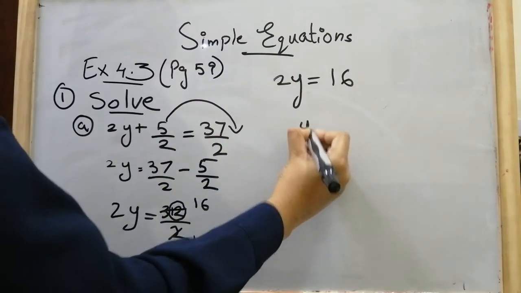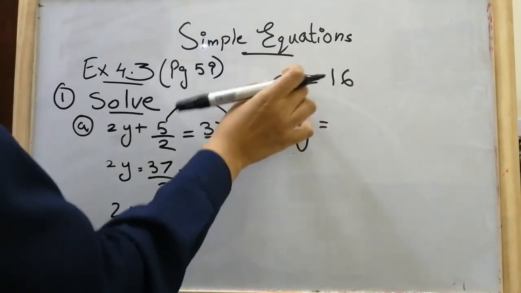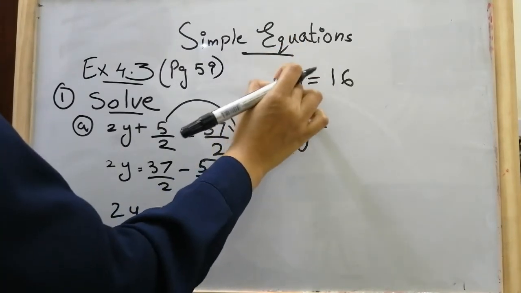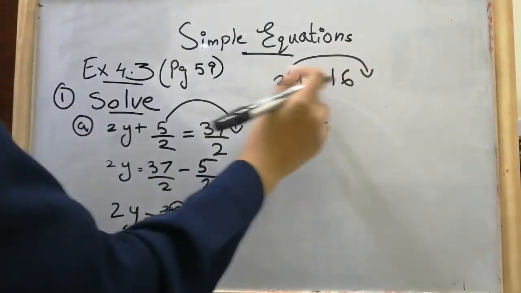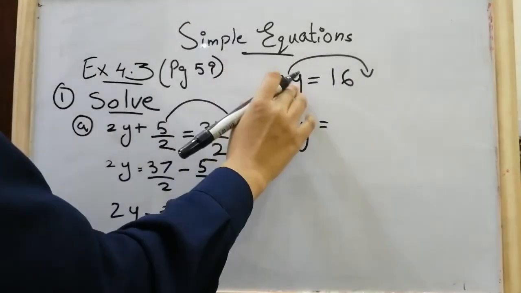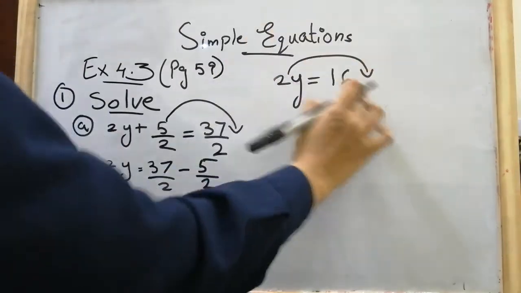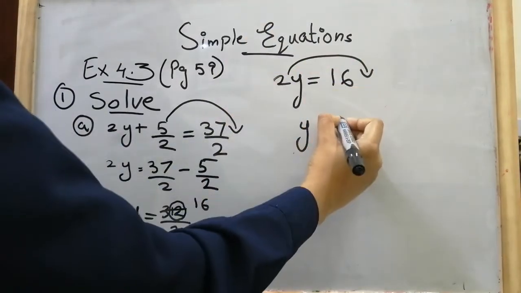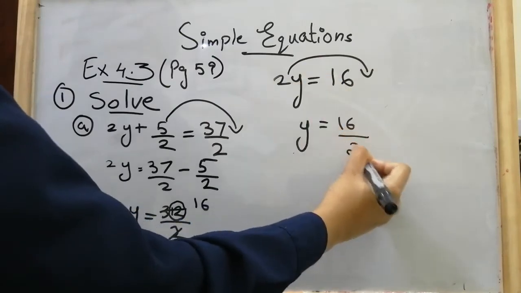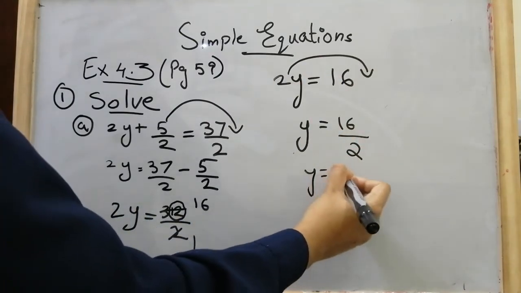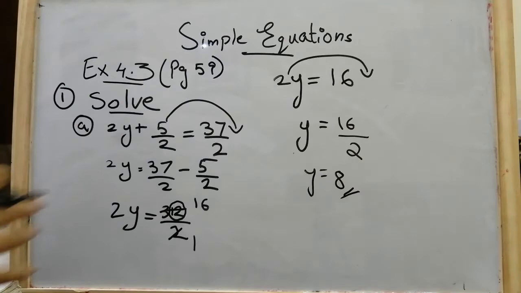Okay, now y is equal to, here when there is nothing in between, it means 2 multiplied by y. That means multiplication when taken to right side becomes divide. So 2 into y, when we take this 2 this side, it becomes divide. So 16 as it is, divided by 2. Now what is 16 divided by 2? We already know it is 8. So we got the value for the variable y, that is 8. This is how you solve a question.